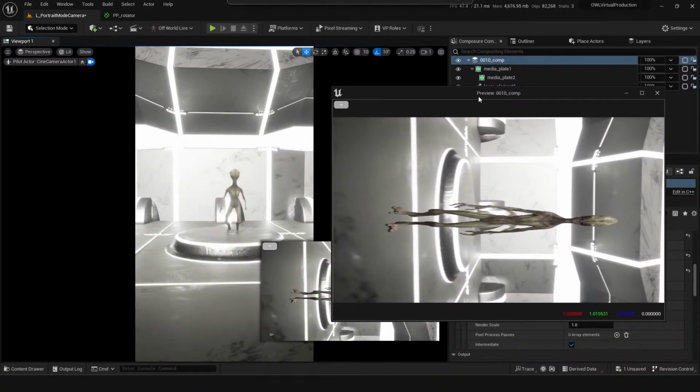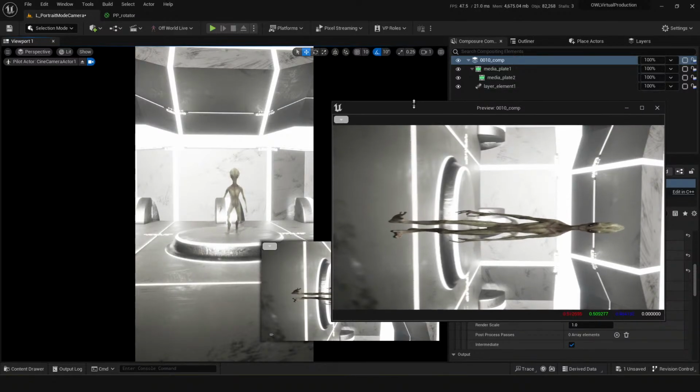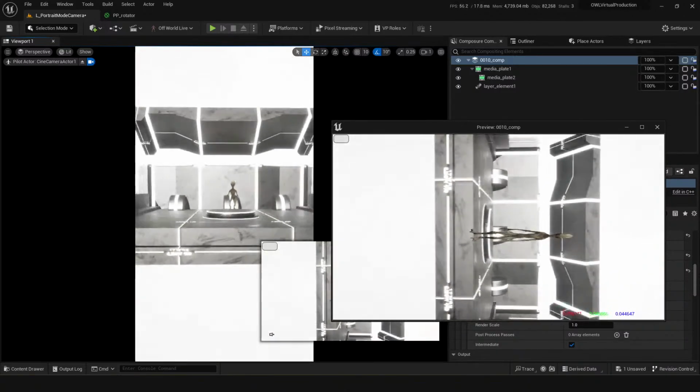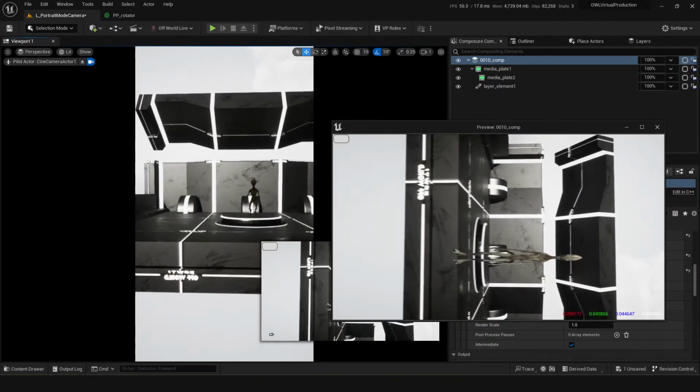Oh, so we've got this in the wrong place, and I think that's just because of this media plate. But also we've got a bit of blurriness, a bit more blurry than the camera looks like. It's very odd.